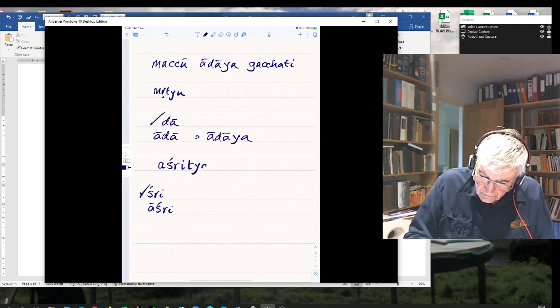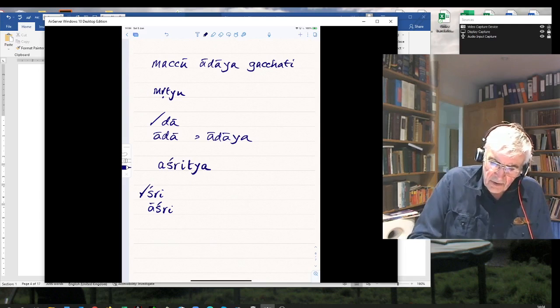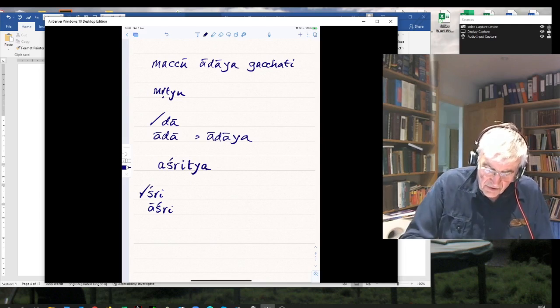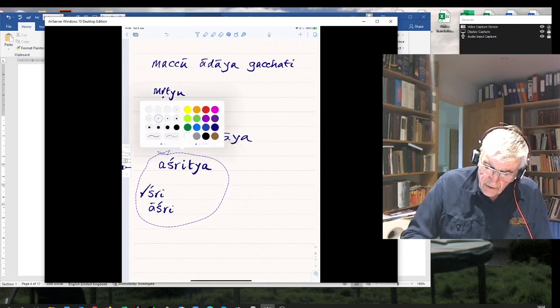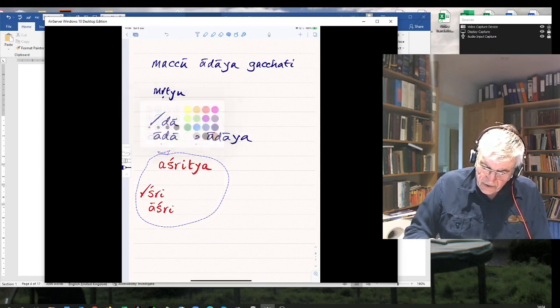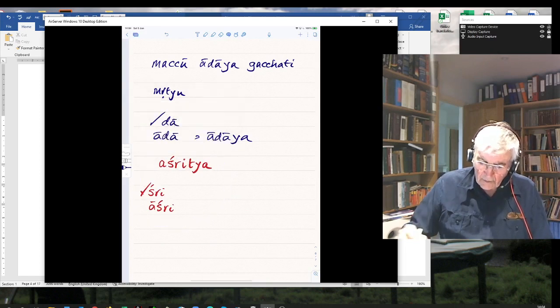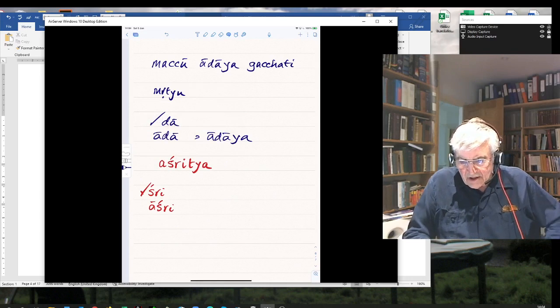Ashritya. I'm doing this bit in Sanskrit, but exactly the same principles apply. Let me just make this red for you. We're dealing with Sanskrit here. So ashritya,